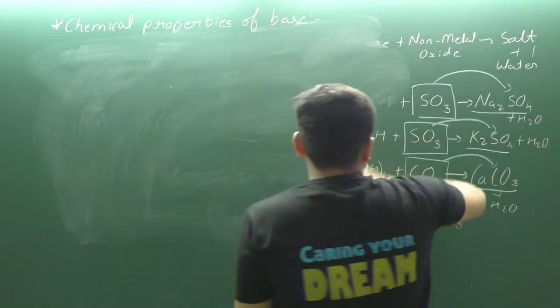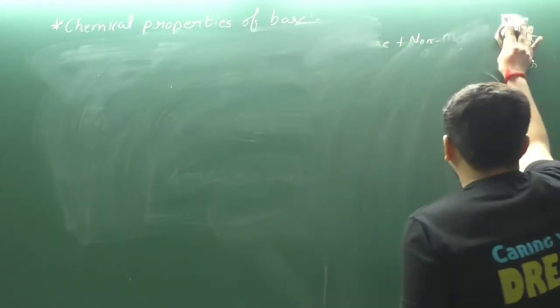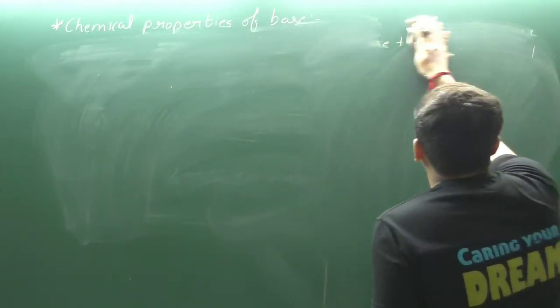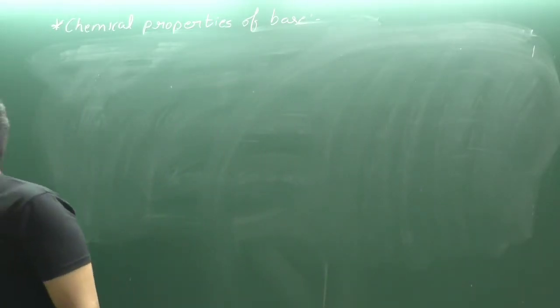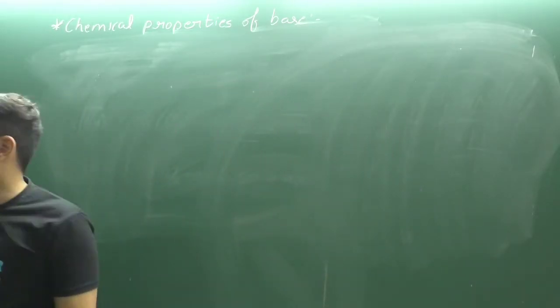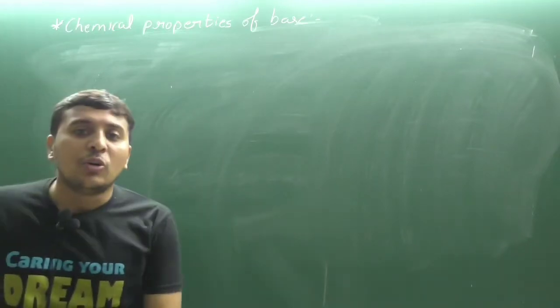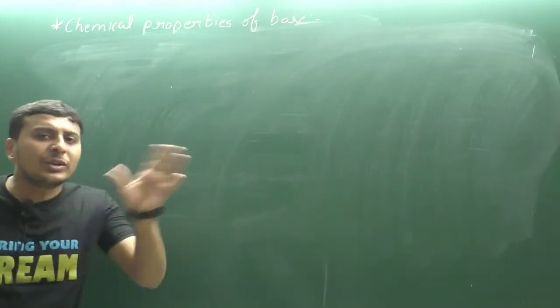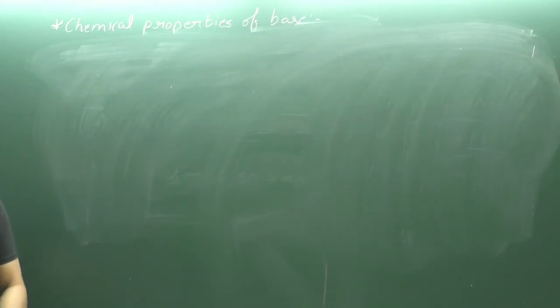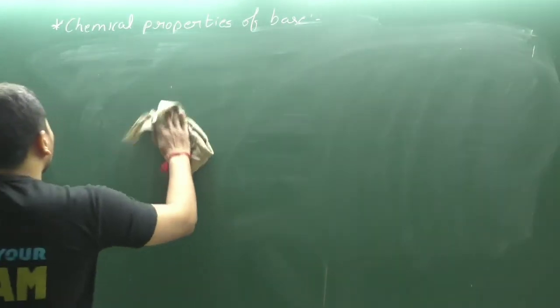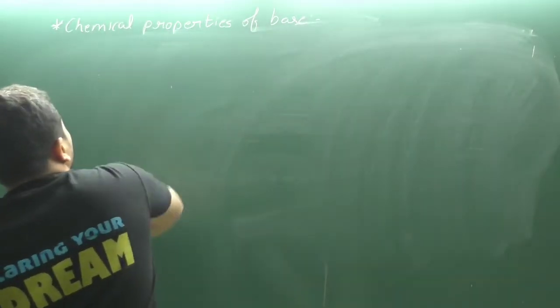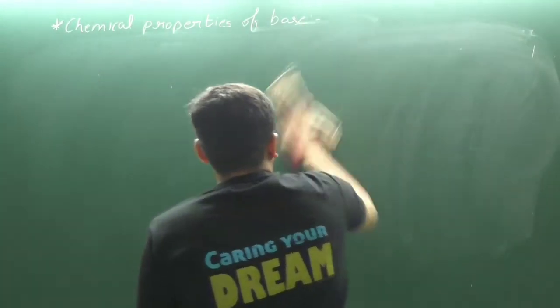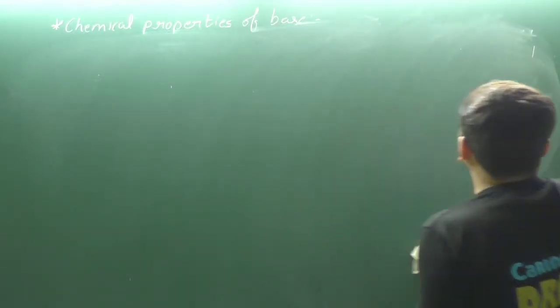Now the third property of base. Write it down. What is the third property of base? Reaction of base with metal. Only one reaction that is somewhat hard compared to the other reactions. It is not that hard, but it is somewhat hard compared to the other chemical equations we have learnt up till now. So now we are going to learn about the reaction of base